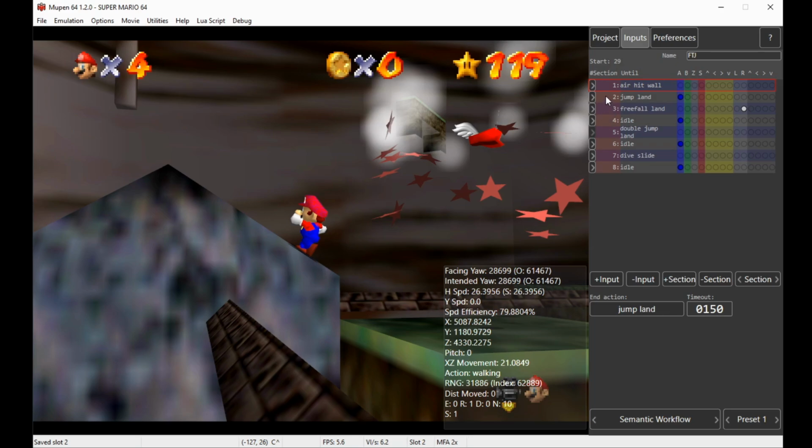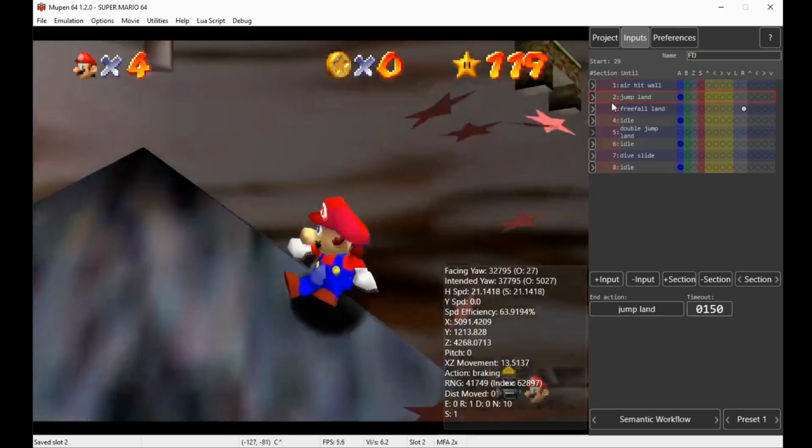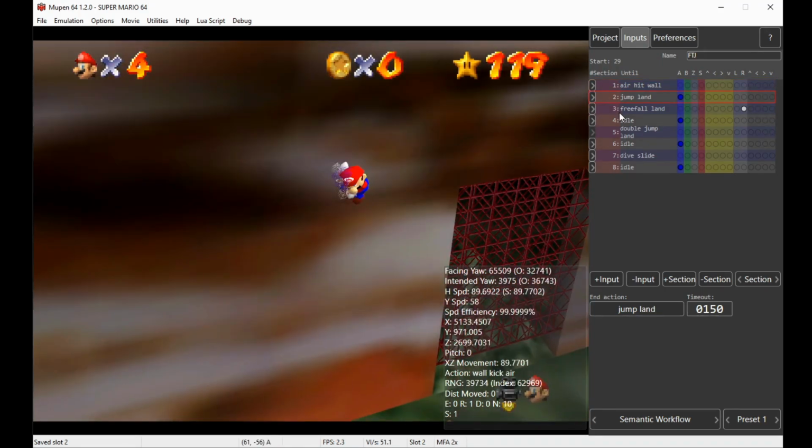So I'm going to click on the red section here, the second section, to set the preview frame. You can see it goes up until the air hit wall, and then it does one more input, the A button input here for the wall kick. And then it goes on like that. We just hold that out for 3 frames, then we release it, and then we go for the next section,